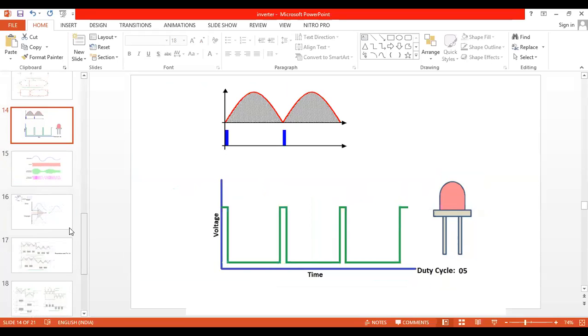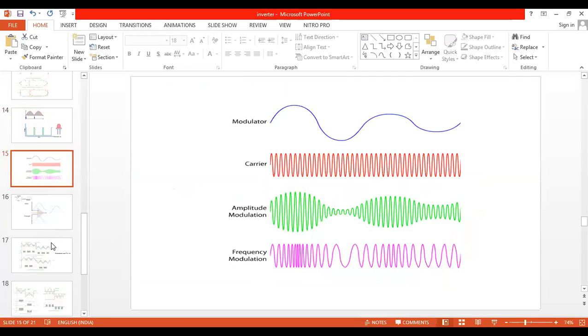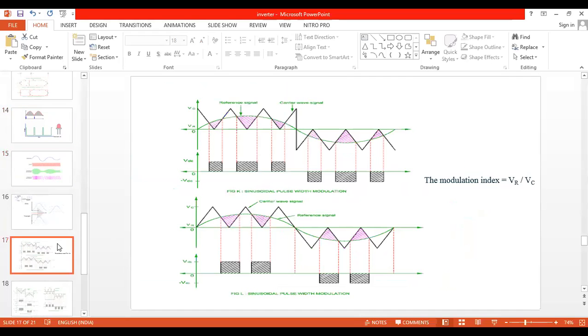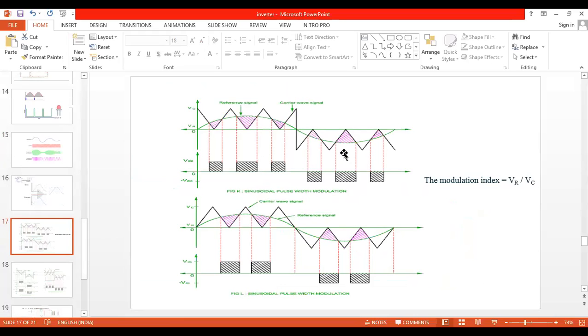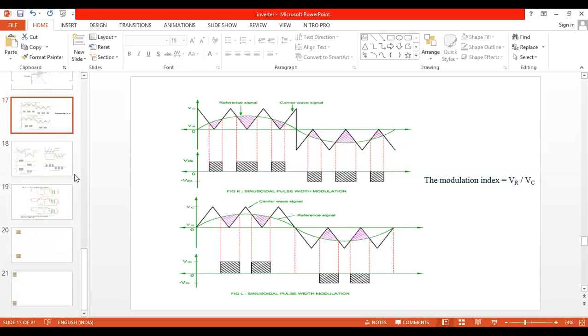So I will share this, because these are very important. The pulse width modulation graph that we have taken is very much important. The sinusoidal pulse width modulation. Every engineer should be perfect in this one. By changing the modulation index value, we can control the output power transfer to the load. So what is the modulation index? It is the ratio between the reference voltage and the carrier voltage. We have seen all this. So don't miss out this explanation.